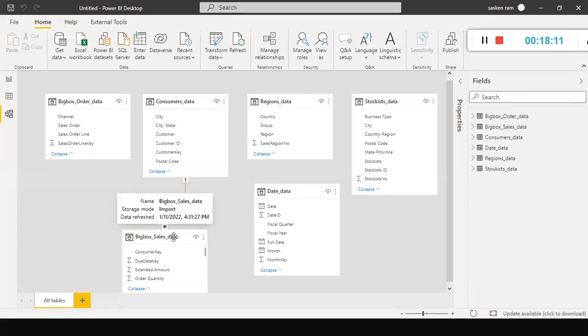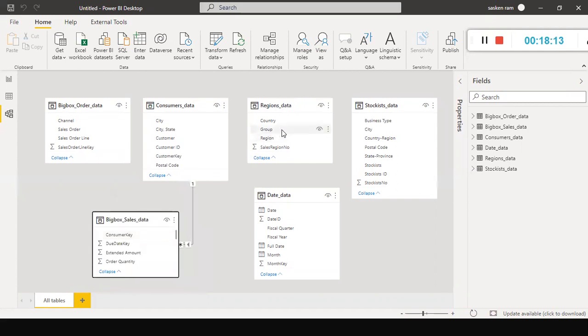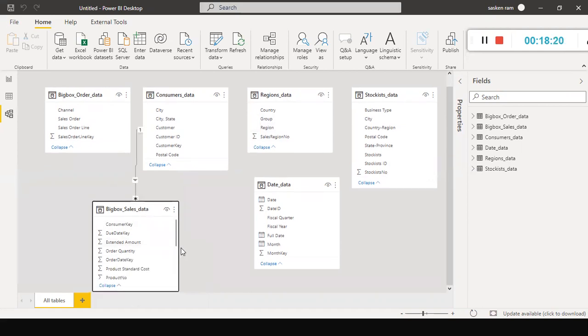Similarly, now you tell me, how do I create the relationship? Which column should I use to create the relationship between these two tables? Can you all type it in the chat window? How do I create or link these two tables? Which column should I use in this table to link with this table? Here it will be confusing for you guys. Since I know very well territory key, I should use territory key to link this table with this table. Here I have the region column.